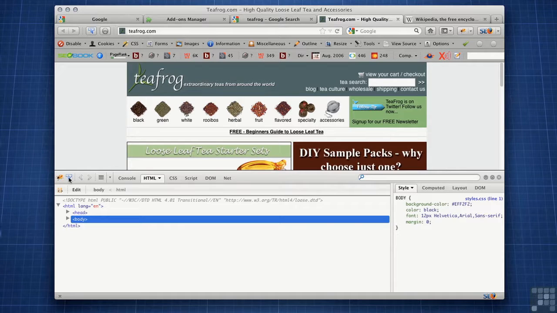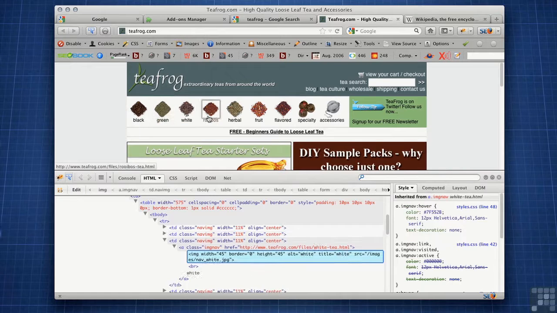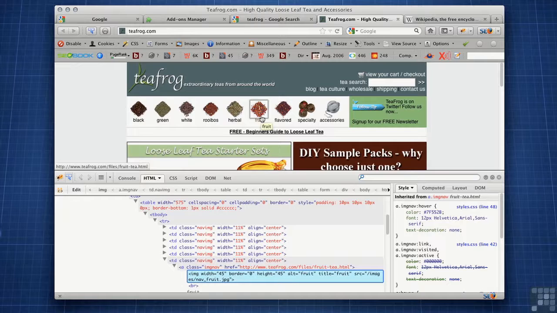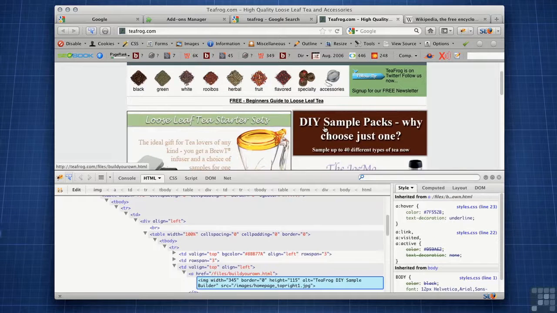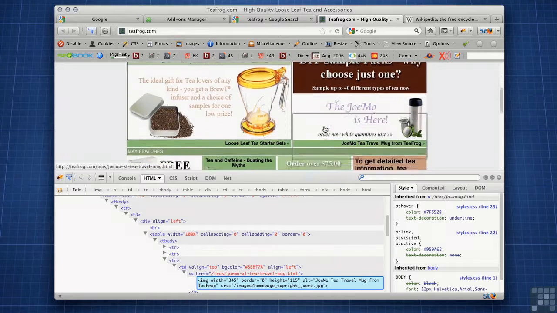Then over here, there's this little thing called inspecting. You click that and you can simply hover over anything you want. As you can see in the console, the code associated with what you're hovering over shows up. So you can come over here and pick a headline, and I can see that this headline is an image. I can keep going and